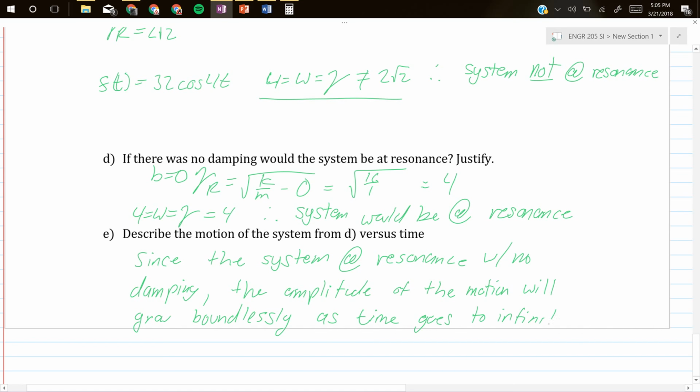The reasoning for this is that since there's no damping factor, there's nothing limiting the